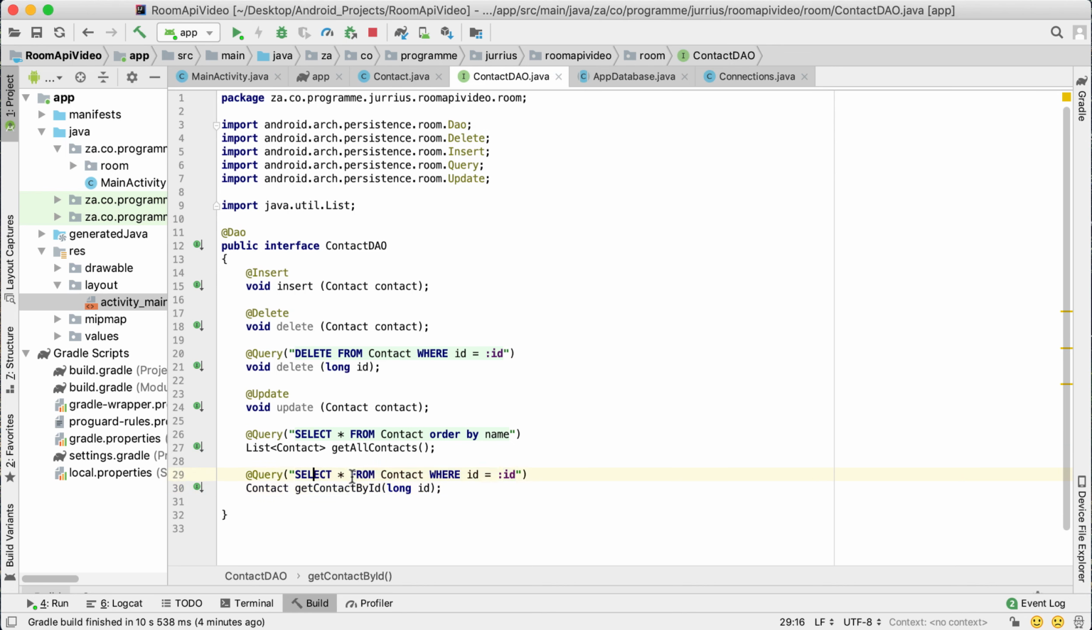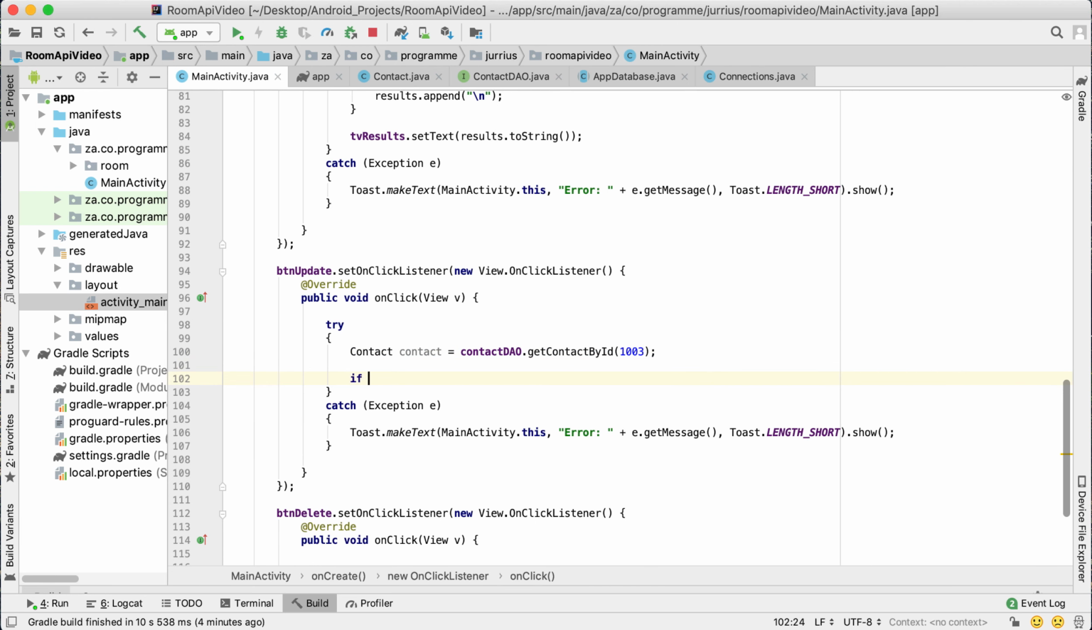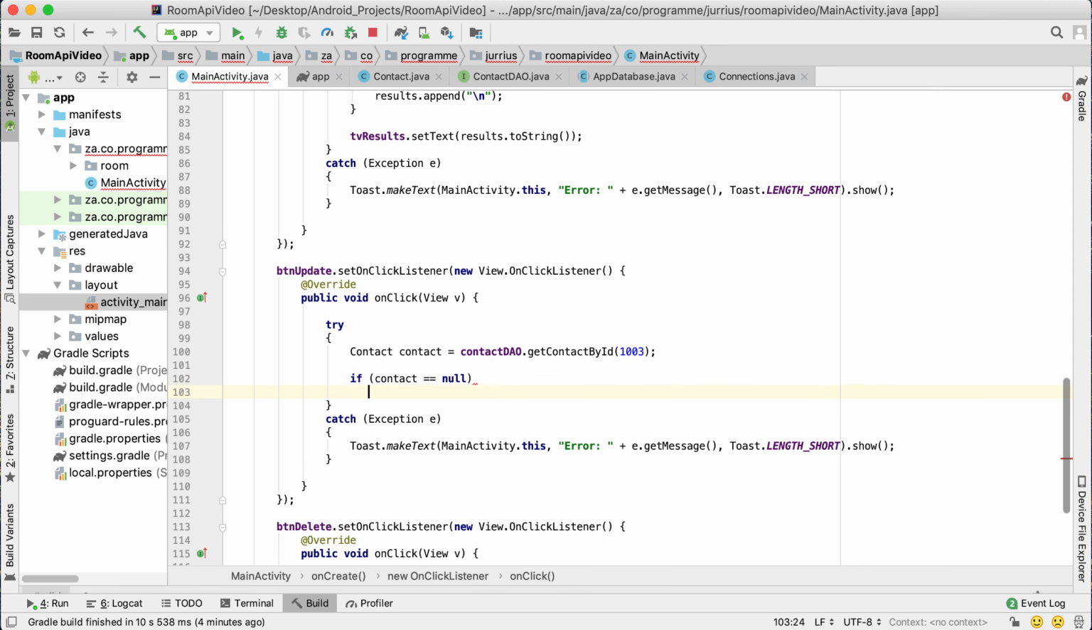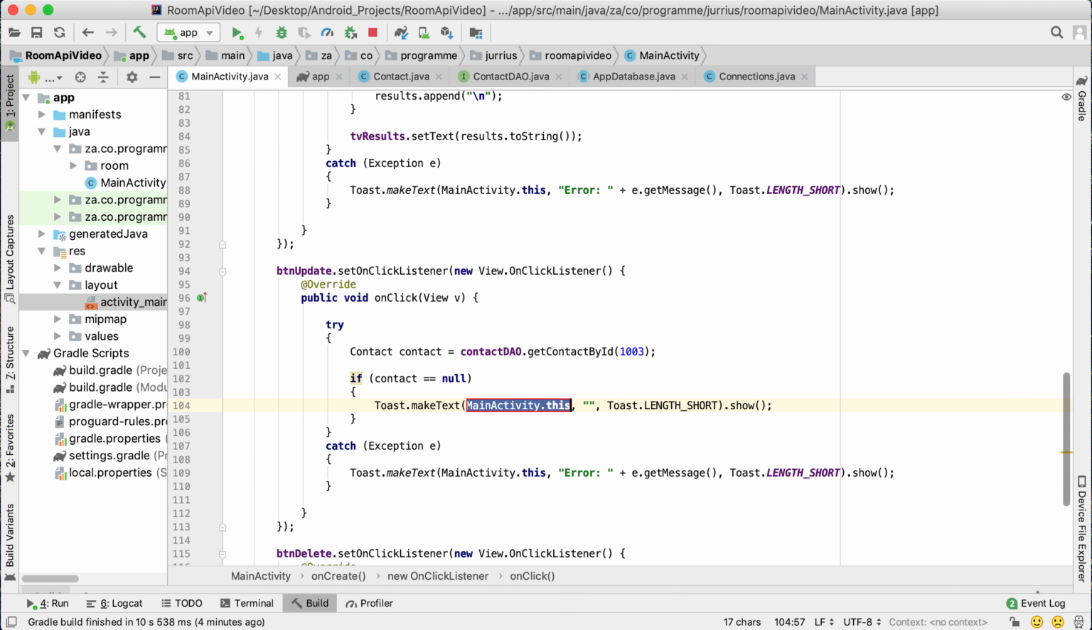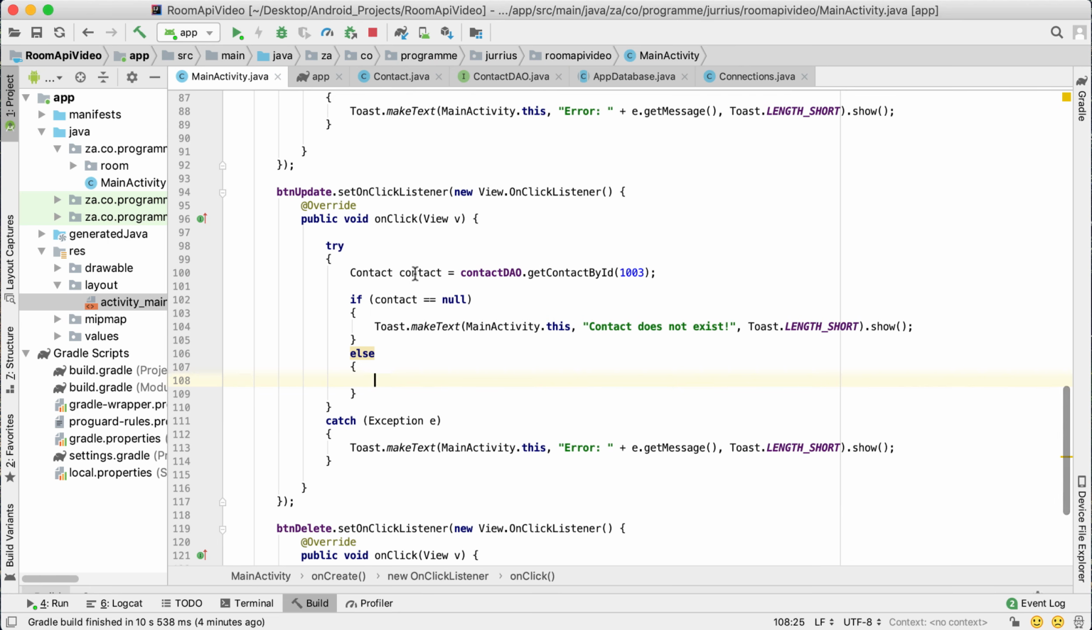So we're going to say select star from the contact table where the ID is the ID that we passed through, which means that we're going to get that contact and make sure that there is a contact before we try to update that contact. So what we're going to test here with the if then is to make sure that this contact is null or not null. So if it is null, we can just show a toast message to say the contact does not exist. And then the else part will be the contact exists and we can now make changes to that